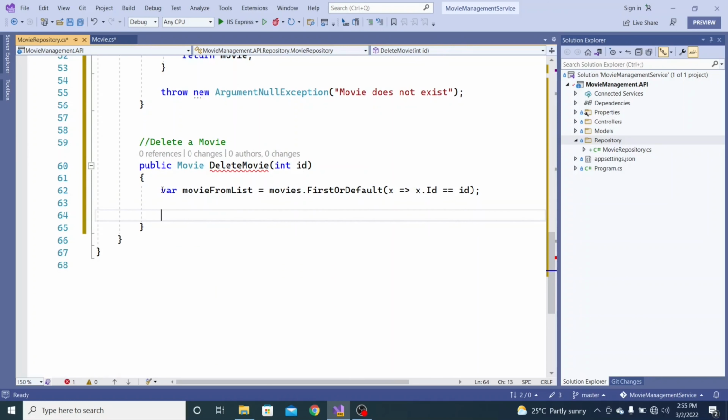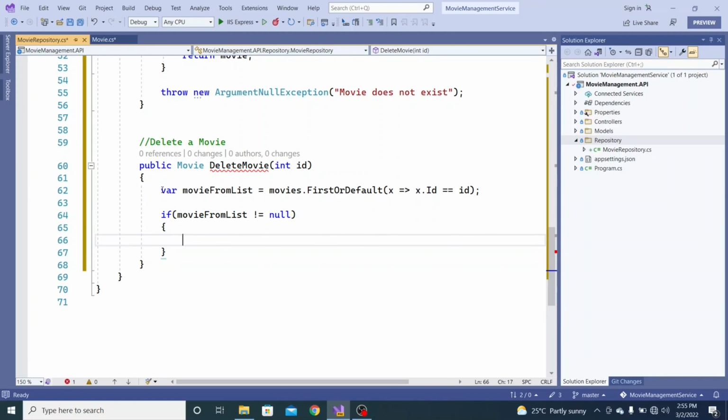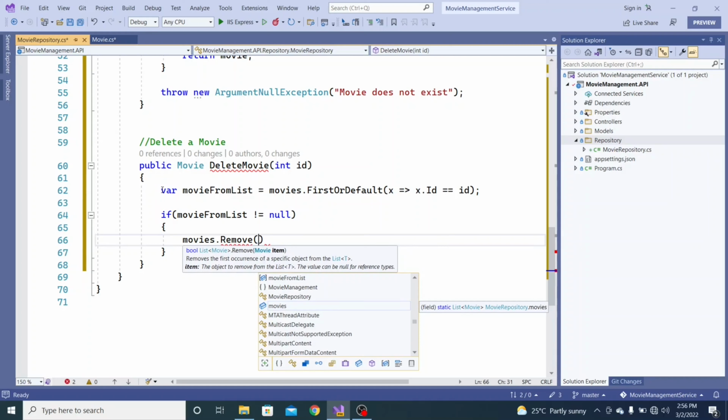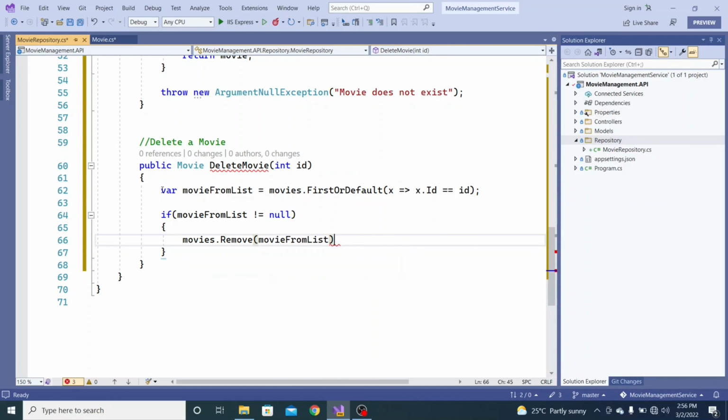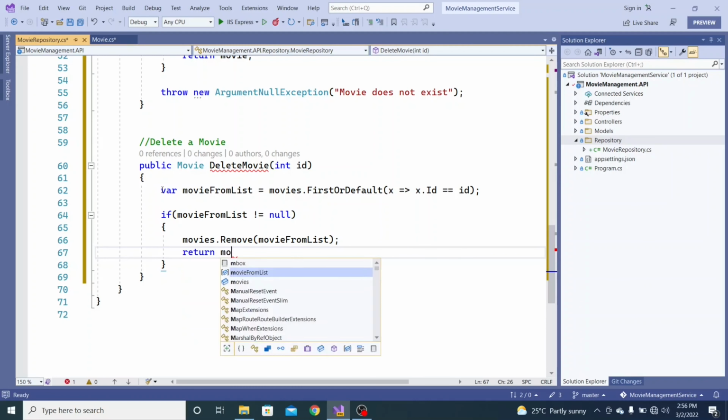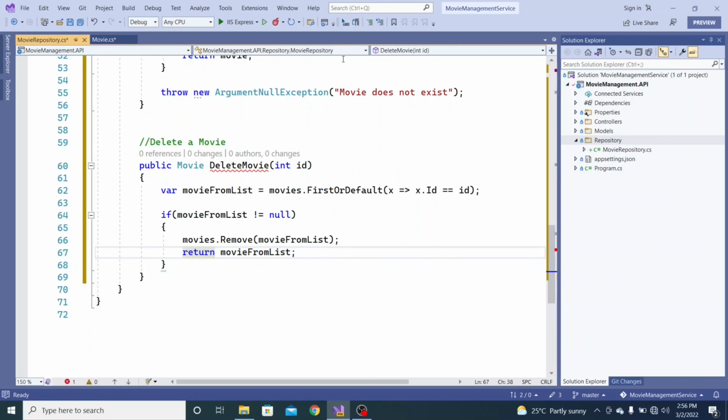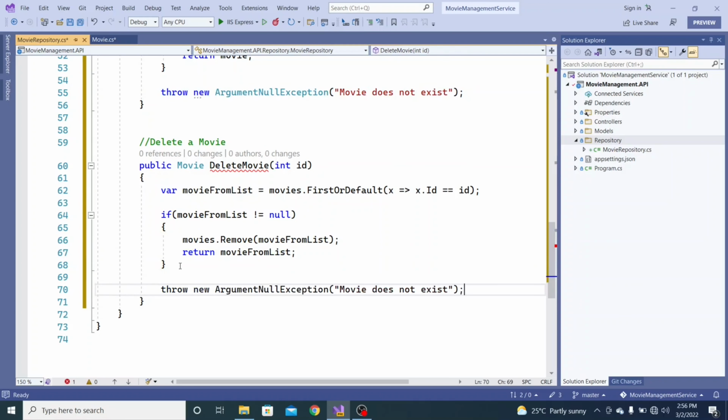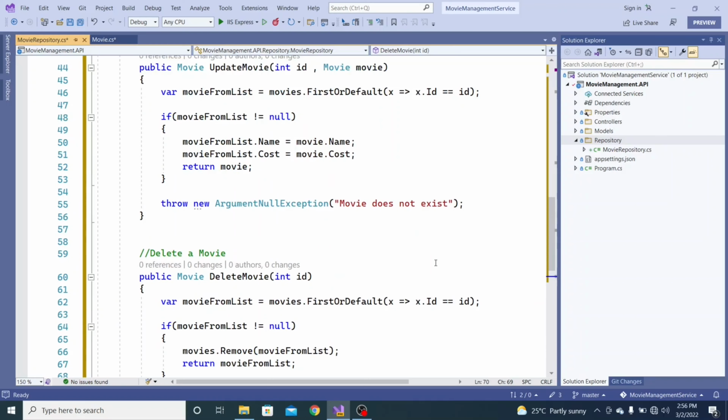All right. If the movie exists, meaning the movie from the list is not equal to null, then you're going to say movies dot remove, and remove takes in an object. That object will be the movie from the list, and just return the movie from the list. All right, otherwise just tell them that the movie doesn't exist, throw an exception. All right, and there you are. Your repository